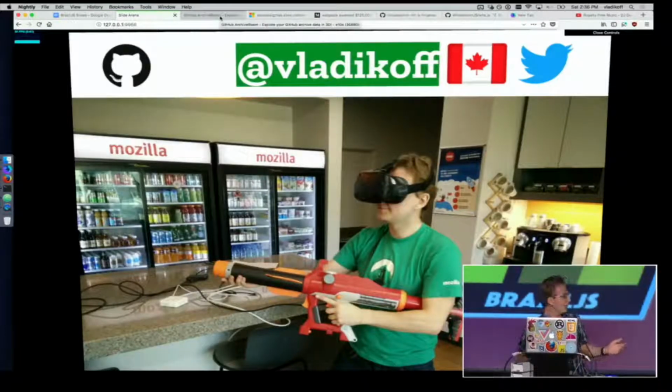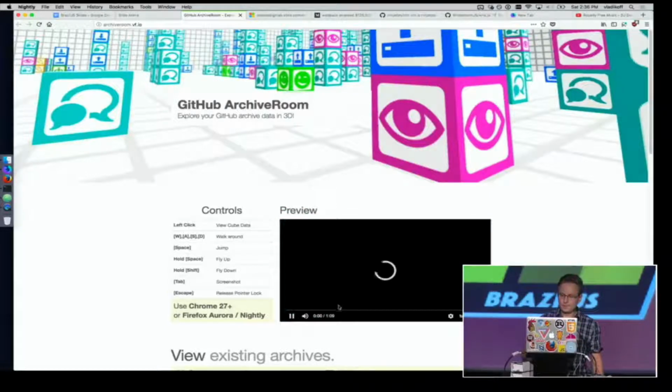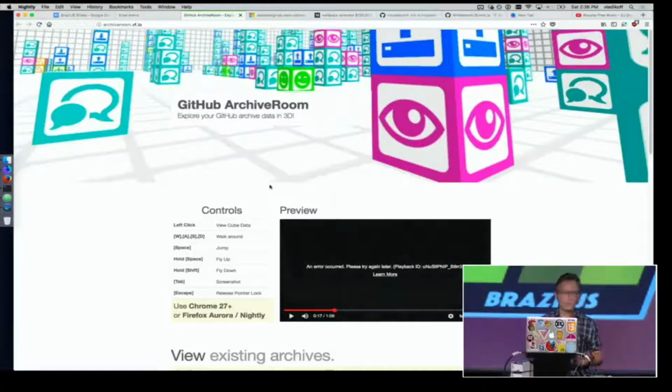Right when WebGL first came out, I started building things, tried to participate in as many hackathons as possible related to 3D graphics. So I built several games and experiences. This was in Chrome 27 days. I built this GitHub archive room, which would allow you to, let's see if this loads up. Well, let's see. You could fly around and explore your GitHub archive, and if you send a pull request or somebody commented on your pull request, you could see all that information. So going back here,